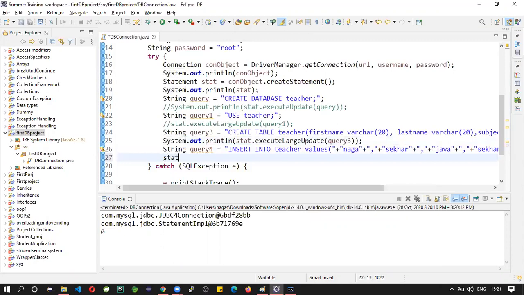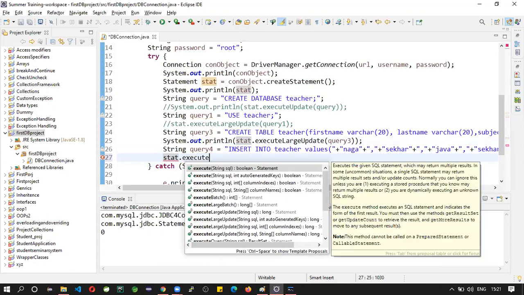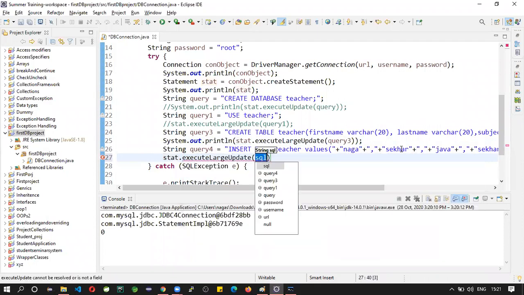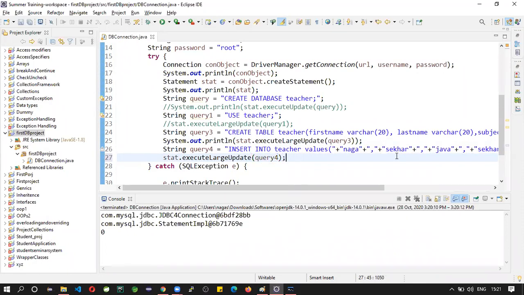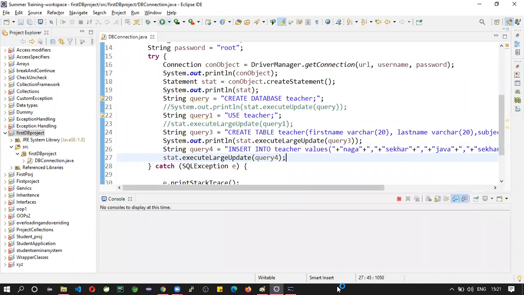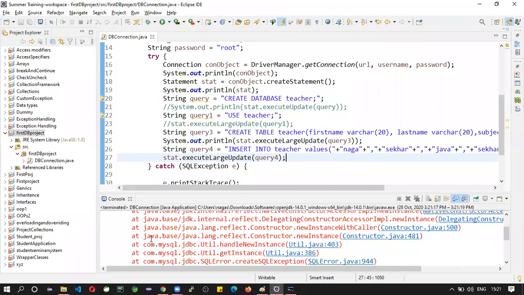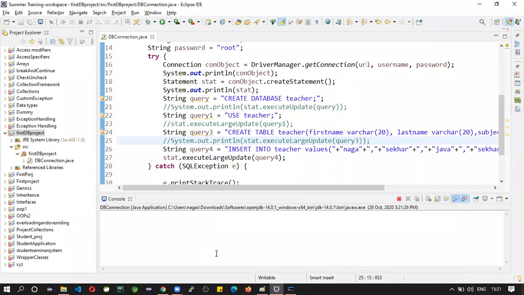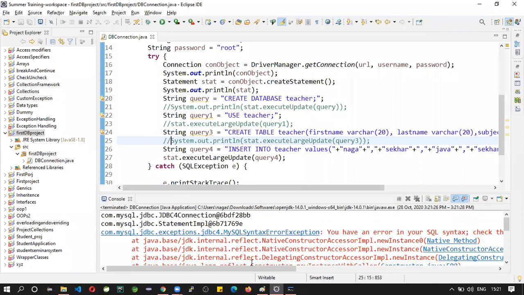So stat dot execute update of query 4. Save this. Okay, we got an exception. Comment this, save this, and done. Successfully, one more exception.